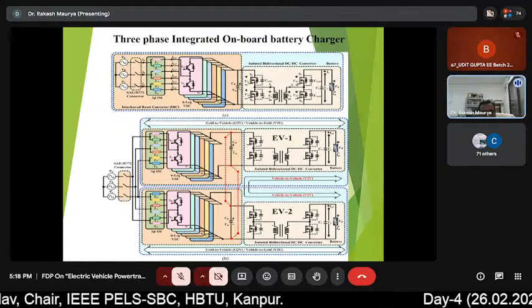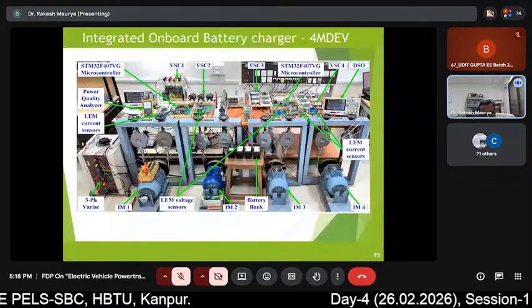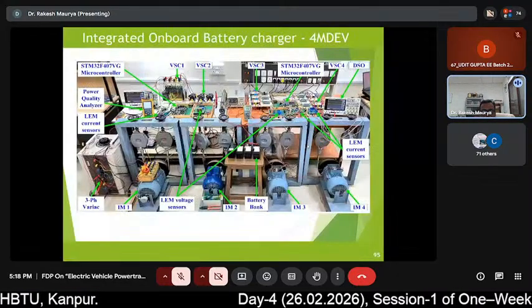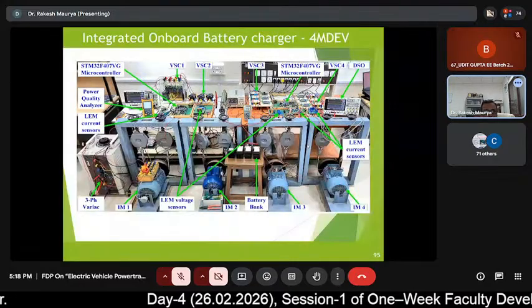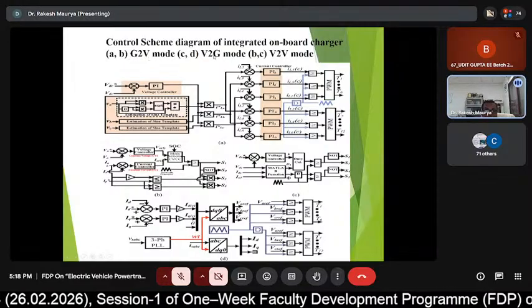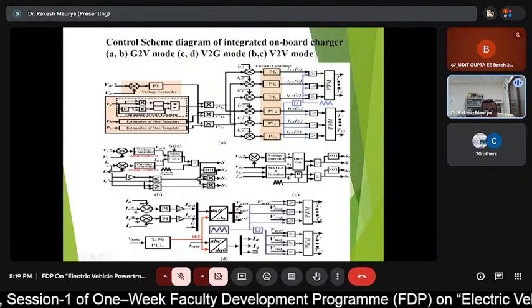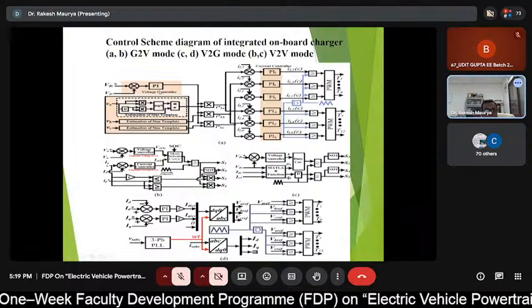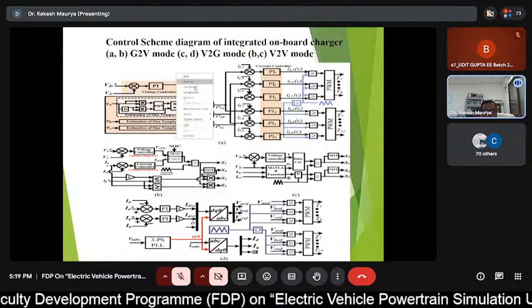This four vehicle model I have already described. The same thing is rearranged, and we have tried to maintain the things. If you see the control of the entire system, whether it is vehicle to grid, grid to vehicle, or vehicle to vehicle, in all cases the front side, if you see this converter,